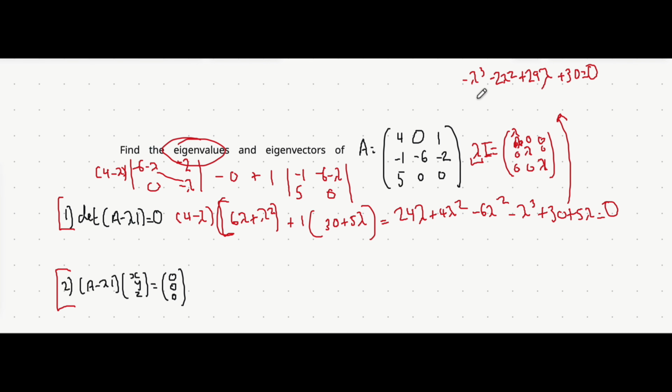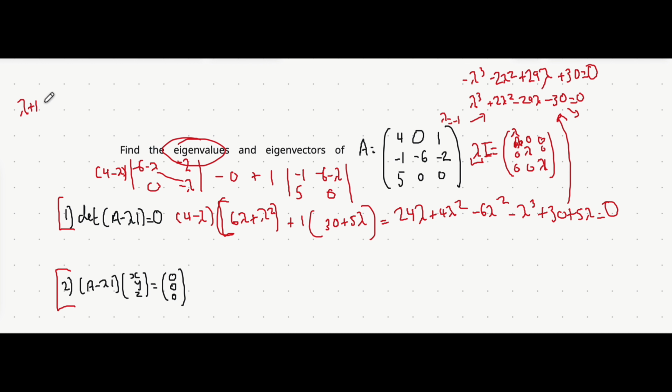Now, one thing I would advise is you multiply each individual term by -1. That gets you to lambda cubed plus 2 lambda squared minus 29 lambda minus 30 equals 0, and it makes it a lot easier to solve. Now, what I've noticed from doing this question beforehand is that when you replace lambda with -1, that makes this whole expression equal 0. Using what we know about the factor theorem, that means that lambda plus 1 is a